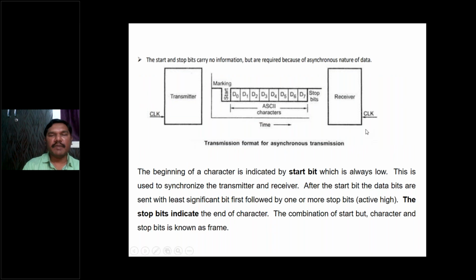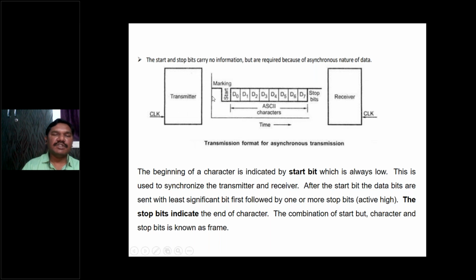Here you can see this is the packet or frame. The transmitter and receiver each have a clock, but the transmitter frequency and receiver frequency are different, so synchronization is not possible. The receiver can receive data from anywhere, and the transmitters can also send data anywhere. The paths are different, but the receiver will receive the data asynchronously after some time period. Then how will it understand that this belongs to transmitter 1 and this belongs to transmitter 2? For that, they have start bits and stop bits with some indication. So start 1, start 2, start 3, like that.